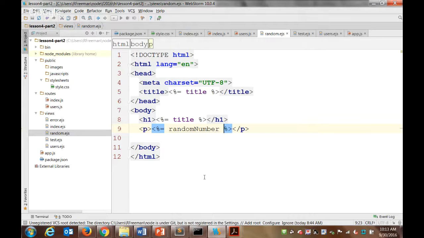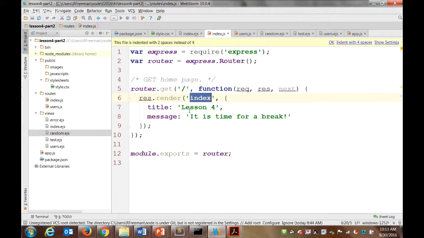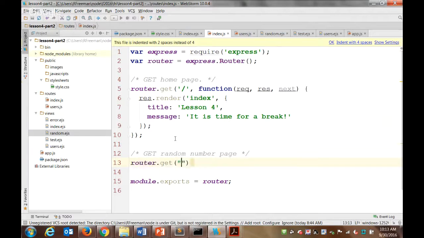So which file could we go to add that path? Yeah, which one? We can use one of the existing routes. Yeah, we can put it in here. We want to handle a second GET request. But this time our path is /random. When we have a GET request here,